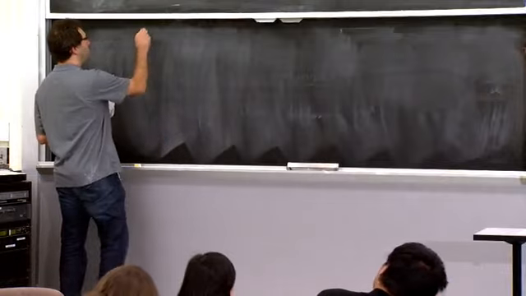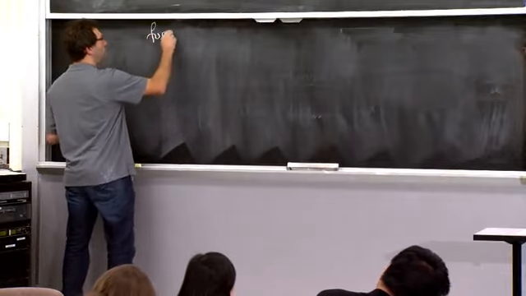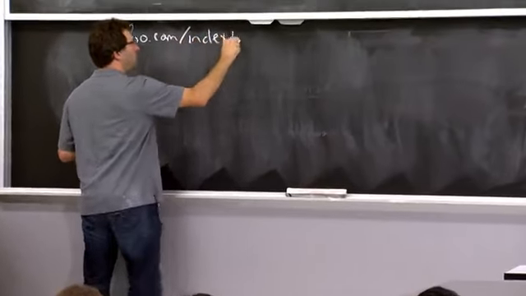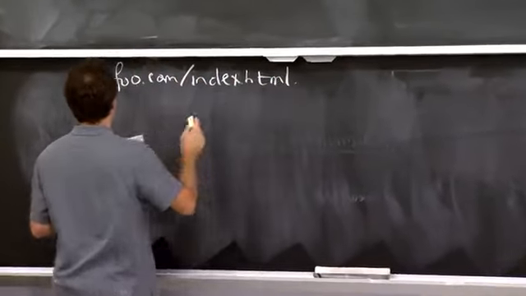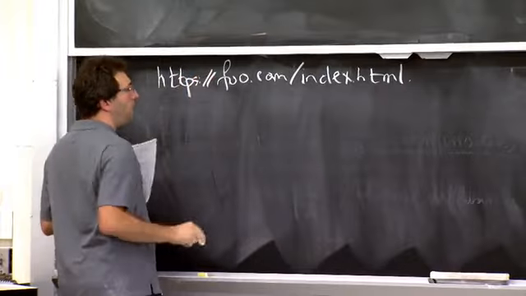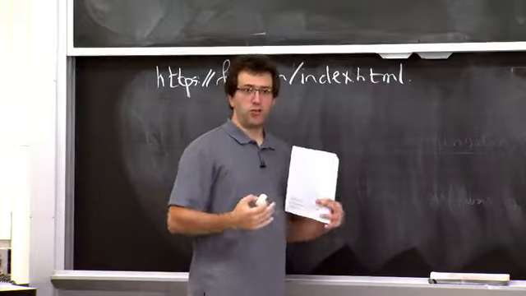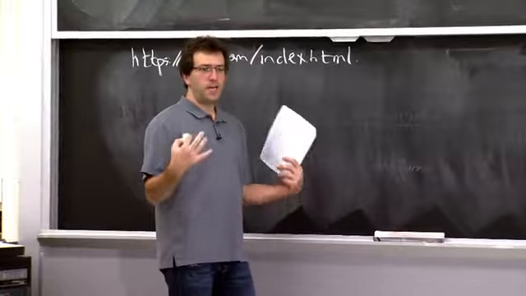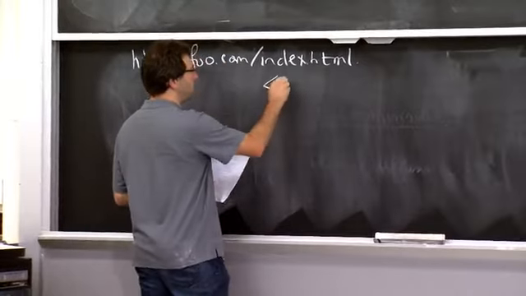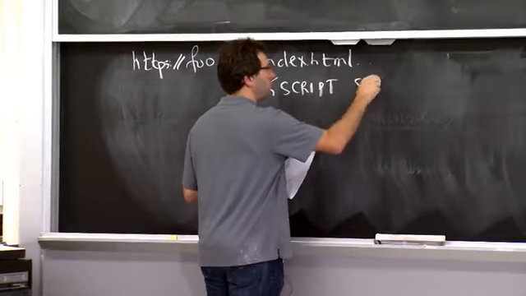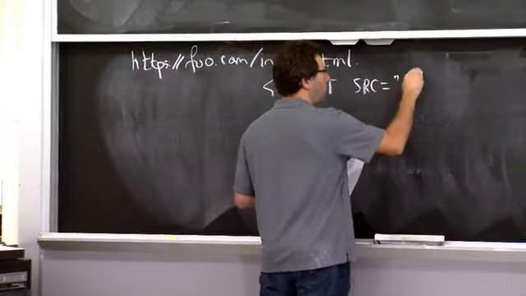So if you have a site foo.com/index.html, this site might be served from HTTPS, but inside of this HTML page, you could have many tags that instruct the browser to go and fetch other stuff as part of this page. The easiest thing to think about is probably script tags, where you can say, script source equals,